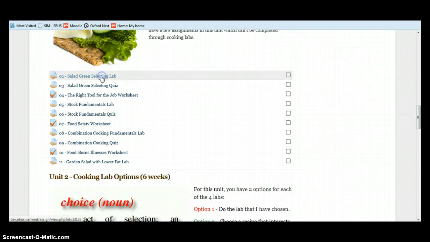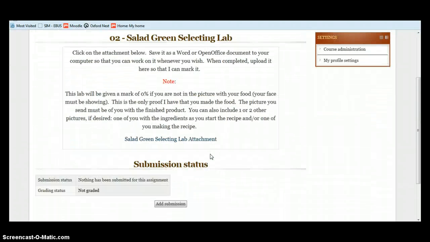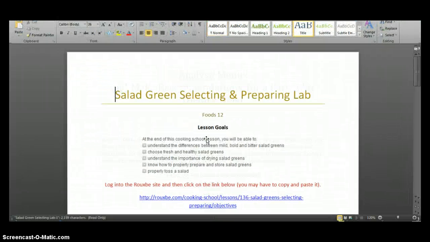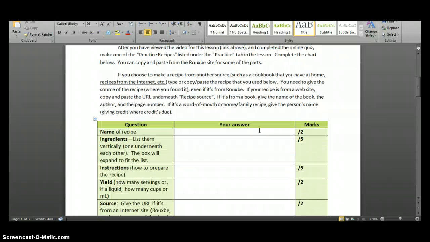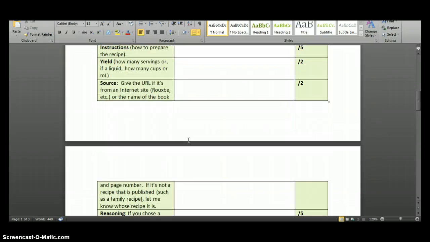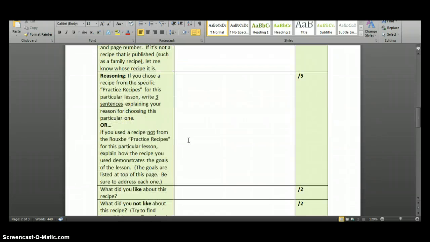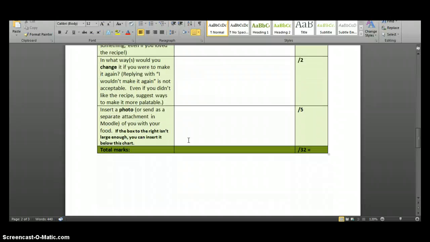The labs will require that you open an attachment and you will type your answers in here. It also gives you the link to go to the Ruby Cooking School, where you will see the video, you'll see the goals for the lesson, the quiz will be there, everything you need will be there for this particular lesson. You will type your recipe here that you choose from the site and answer a few other questions.